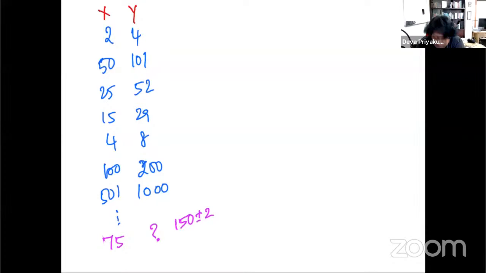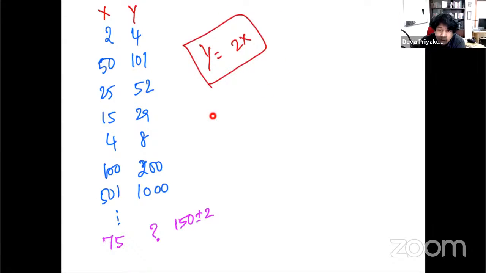So how did we get this? Just based on these two series, like the approach number 2, we did not need a formula. I did not tell you how X and Y are related. Nowhere did I show that Y equals 2X. I did not tell you this. All I gave were some examples. These are the inputs, these are the outputs.